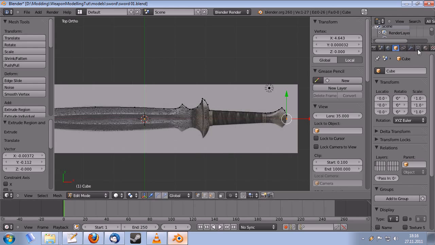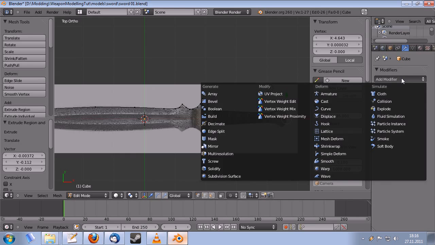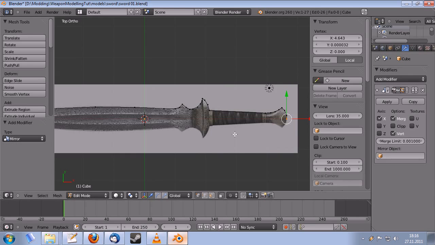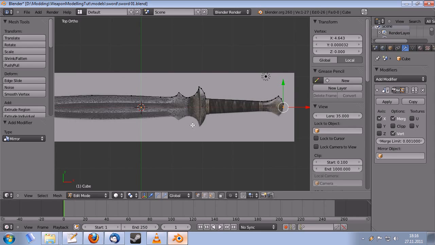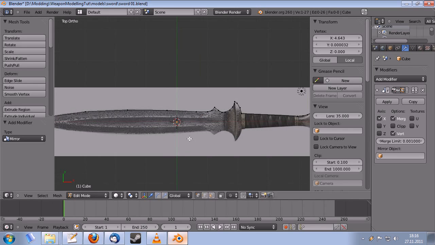I can just add a modifier. This little wrench icon up here are the object modifiers. You can scroll through this by holding the middle mouse button and then click on the modifier tab. Add modifier. We want a mirror. Now the axis along which it's supposed to be mirrored is not the x-axis. Down here in the bottom left we have a little axis display. The x-axis is from left to right. If we mirror it along that,